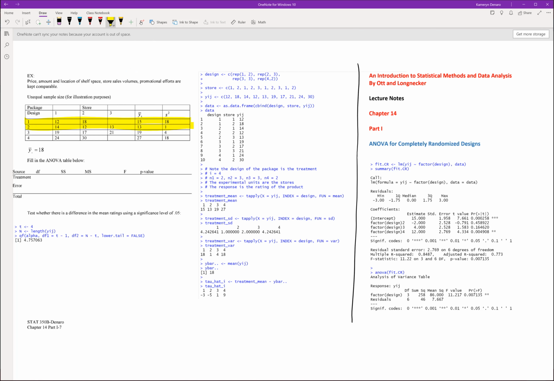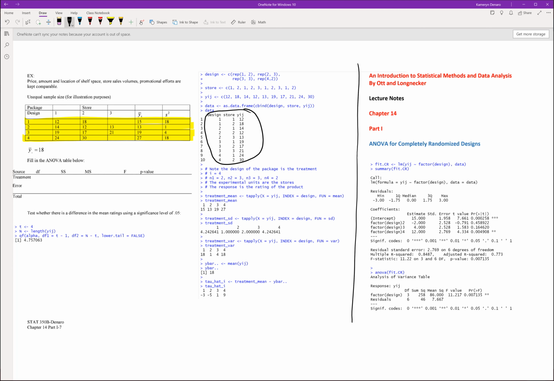One, 2, 3, and 4. And what I've done here is I've started to put this into a data set in R, where we have the design, which is essentially the treatment. The store are the particular observations. Y_ij, that's the rating of the product for the jth store